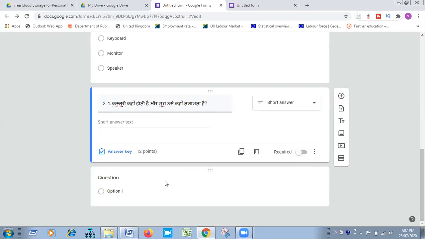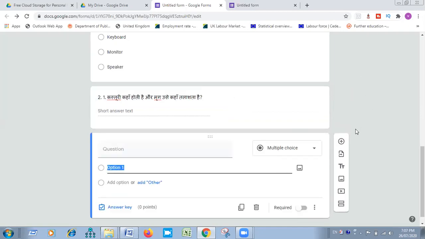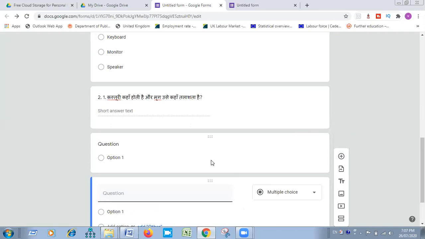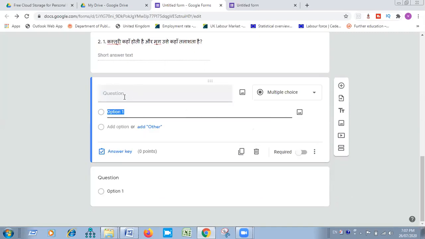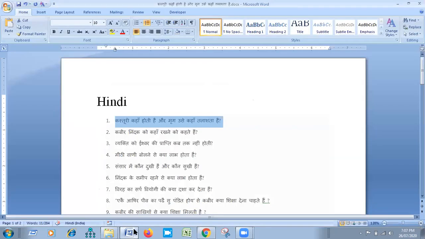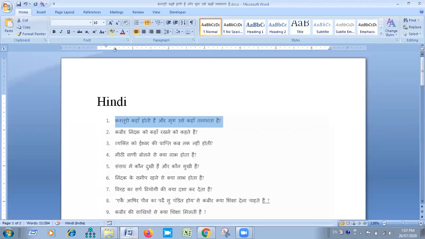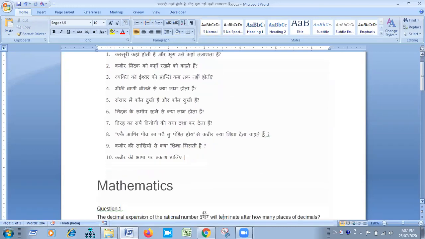And suppose I am now writing question for mathematics teachers. Suppose I'm clicking on the plus option. Question number 3. I'm going to Word. I have already written questions in Word.